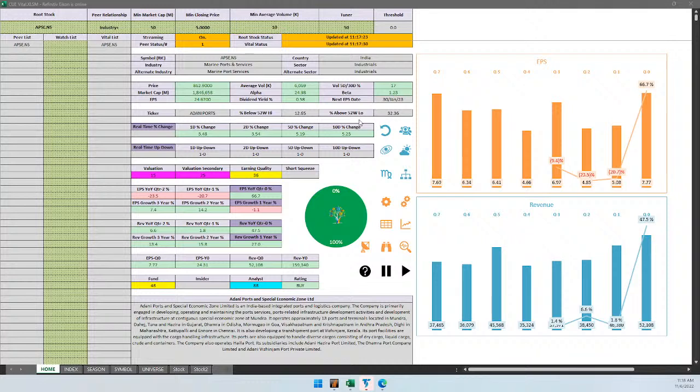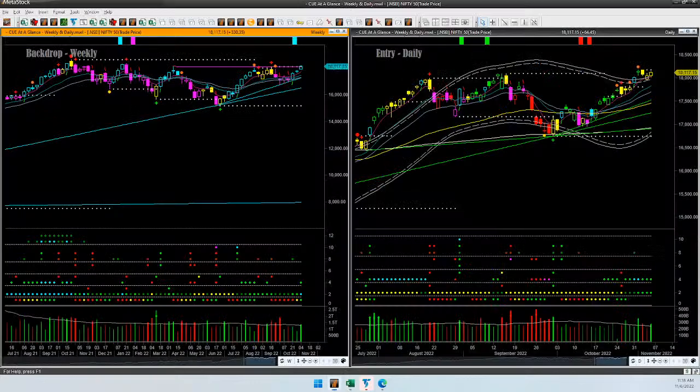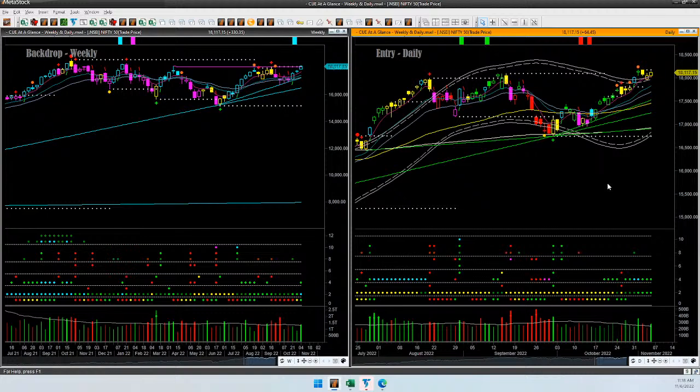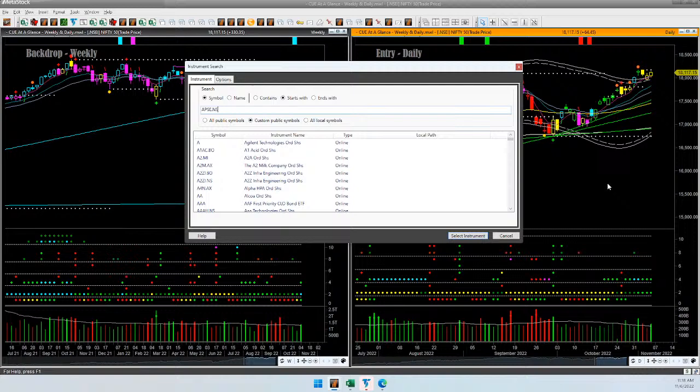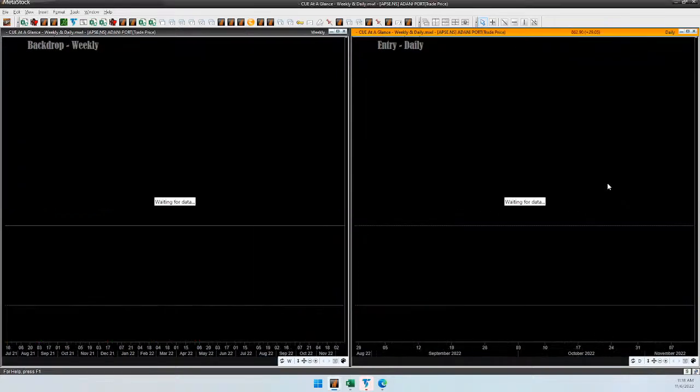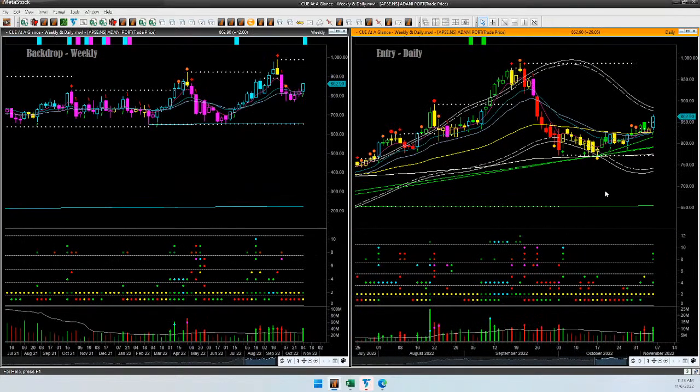Why I came to this stock is to explain that though the market itself is at a high level and I would not like to buy many stocks, there may be individual buying opportunities driven by earnings results. Let's look at the stock now using technical charts. APSE.